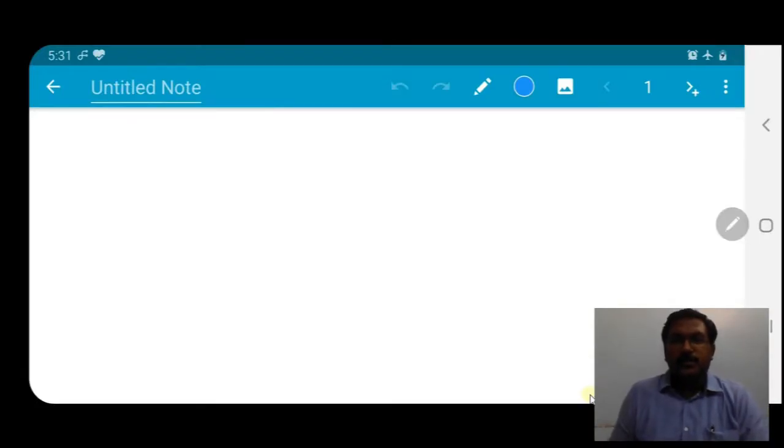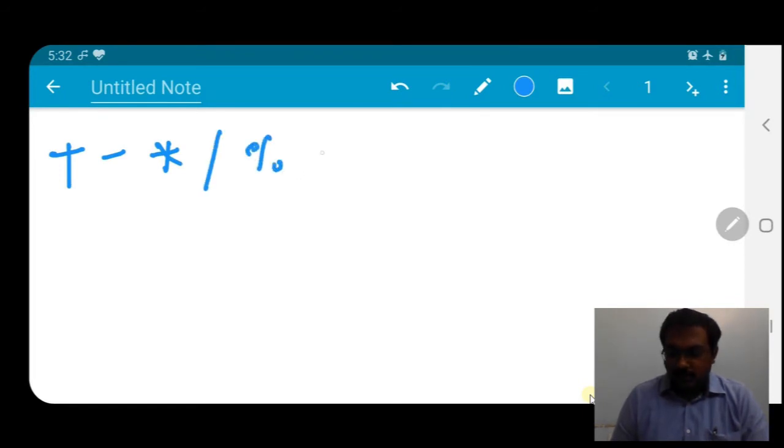Okay, let us first see what are the expressions which we have. As I mentioned, we have arithmetic operators. So what are the arithmetic operators we have? We have plus, minus, multiplication, division, ampersand. Fine. And special ones, plus plus and minus minus. Sorry, let me write it correctly, minus minus. So if we use these operators to create an expression, that particular expression will be known as an arithmetic expression.